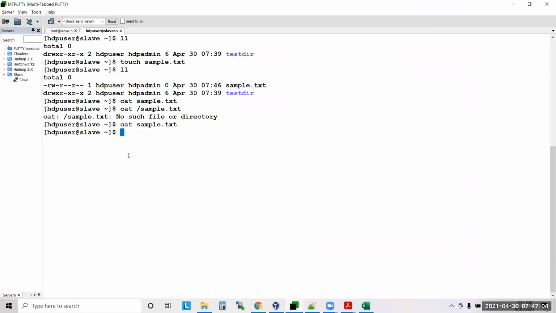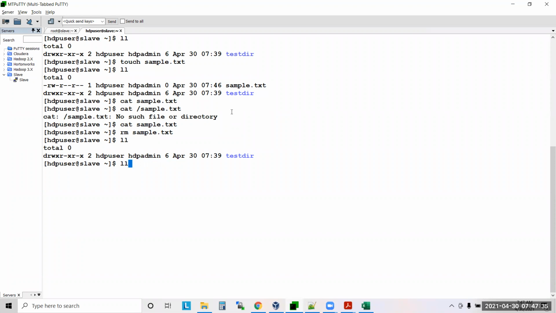So what next? Now rm file. We created the file, right? cat is the command to display the content of the file. Now cat sample.txt, is it showing any output? No, because it is an empty file, nothing is there. Now rm sample.txt. What is this rm command? The rm command will remove the file. Now do you have the file? No, it's deleted.